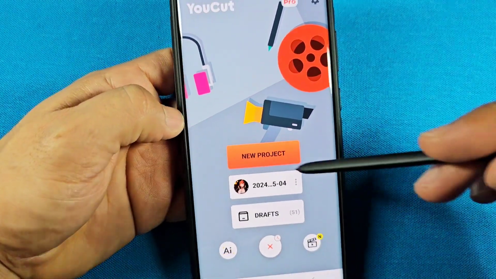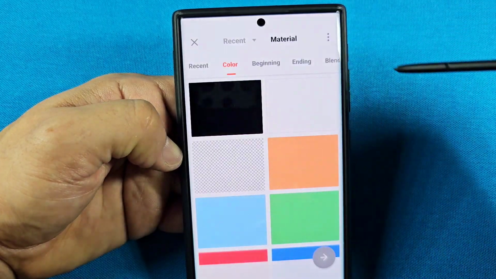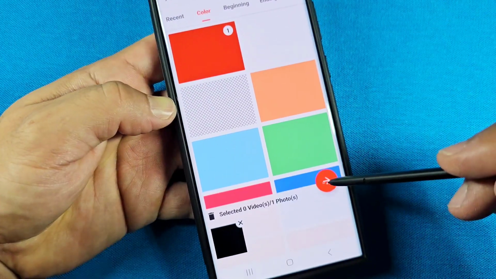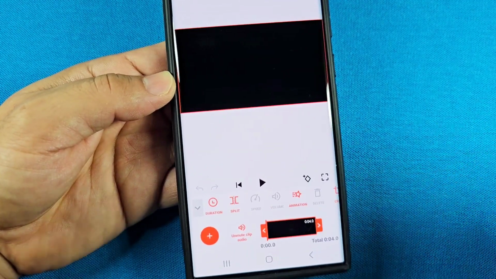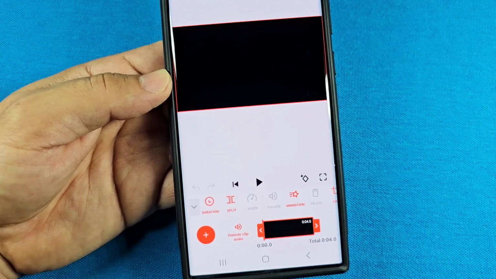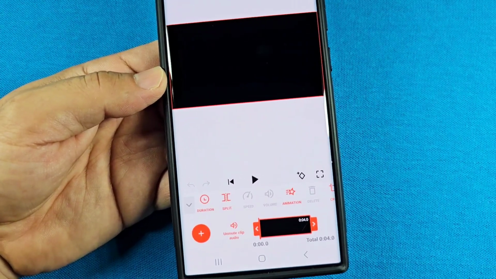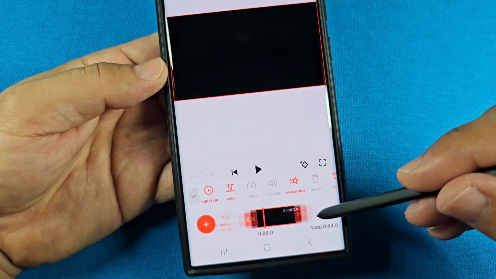So go here now, go to new project, and go to material, and select the black one here. And then go ahead and start. And this part is important. You want to set this to as how long that video was or will be. You can reduce the speed of it to increase the duration of it later. I'll show you that. But just for starters, or just in case, I would recommend having it set to at least